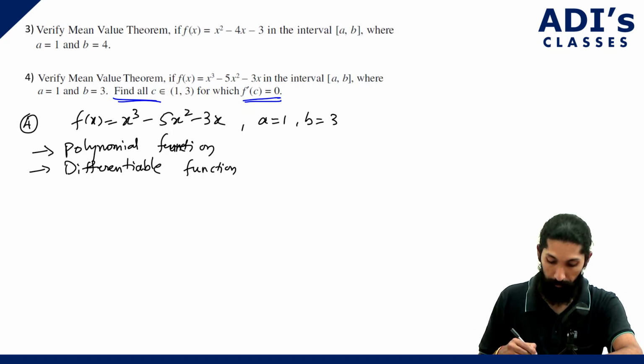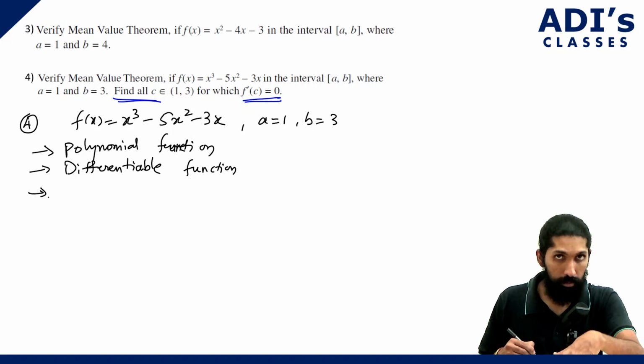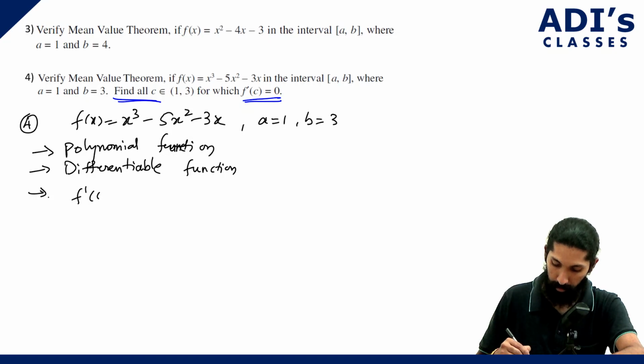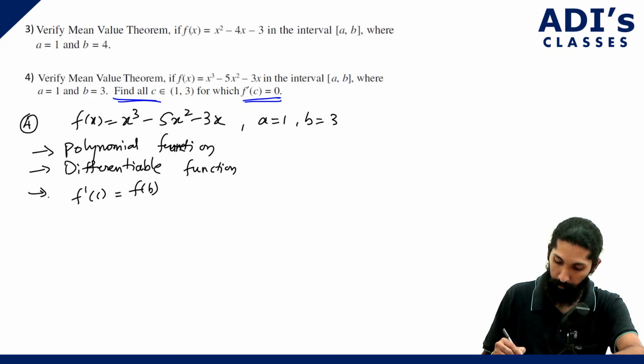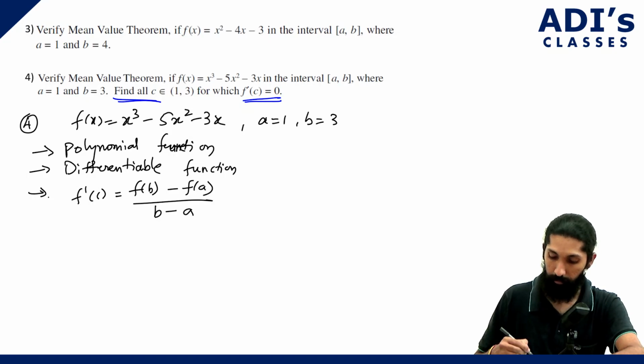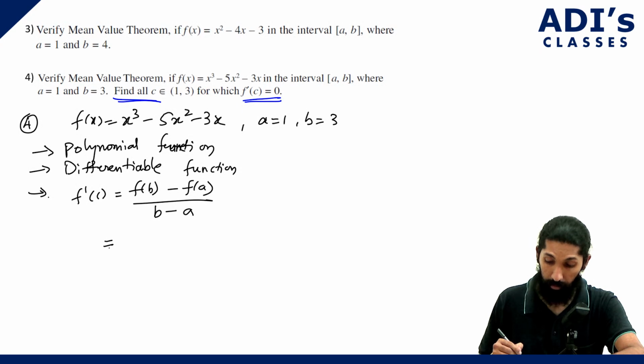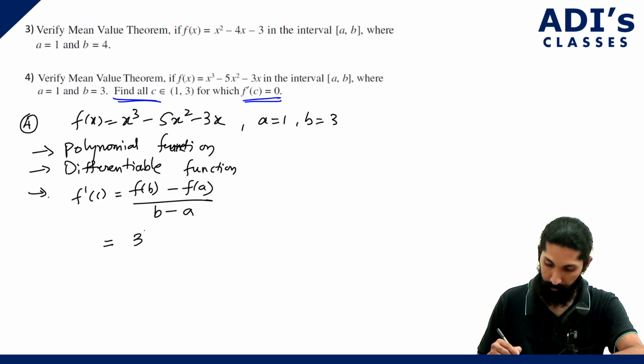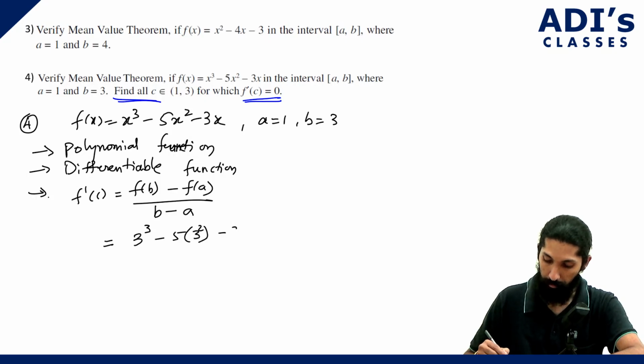Differentiable function. So the third one is where it's important for us. Okay, so first what we'll do: f dash of c equals f of b minus f of a by b minus a. So f of b, remember the b value is 3, correct? So if you substitute, you are going to get 3 cube minus 5 into 3 square minus 3 into 3,